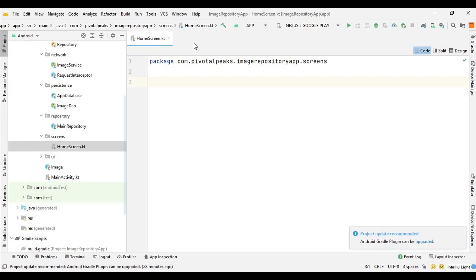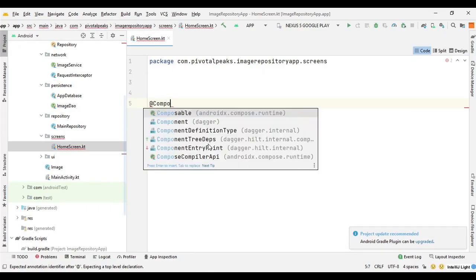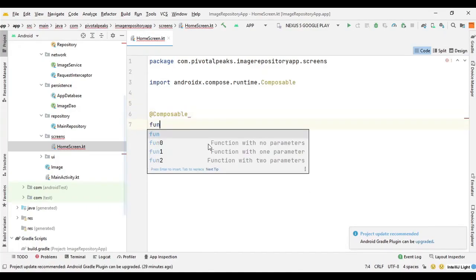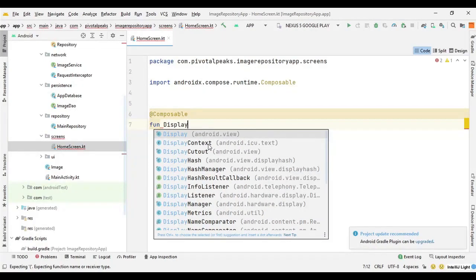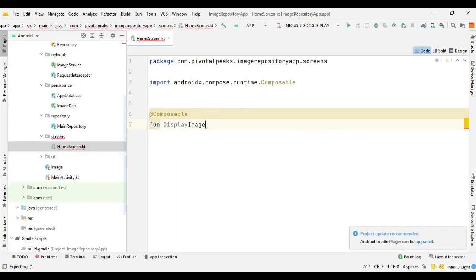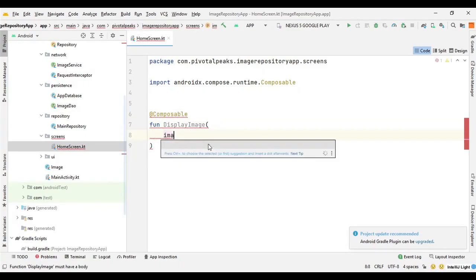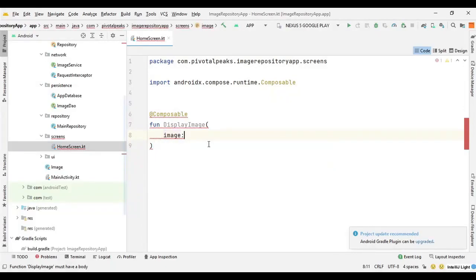So the first thing we will create is a composable function to display a single image. Then we will create another function to pass this function in the staggered vertical grid. So let's start with add composable. Here we can say fun displayImage, and it's going to need some parameters. So the first thing will be the image itself.